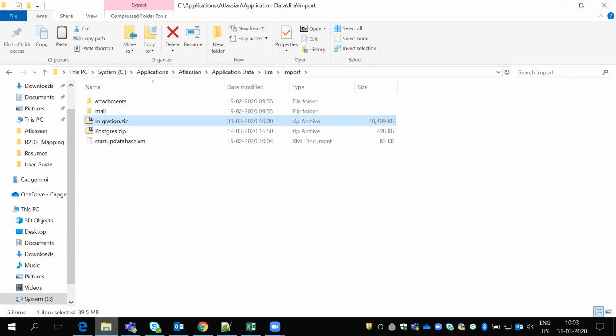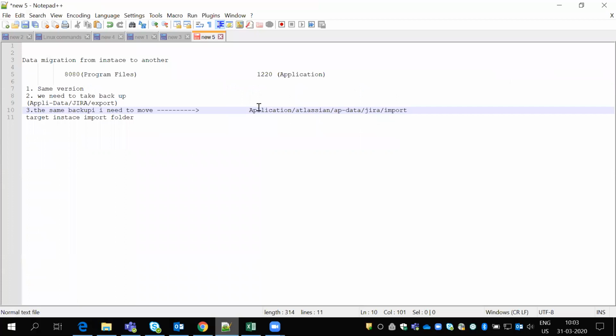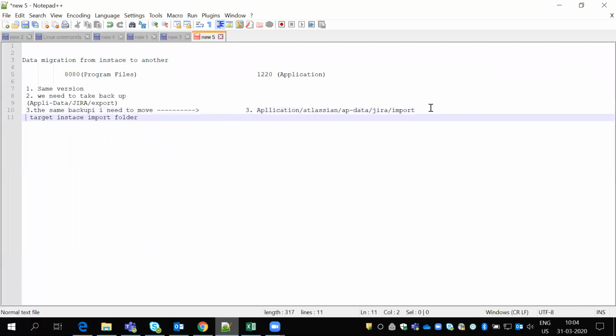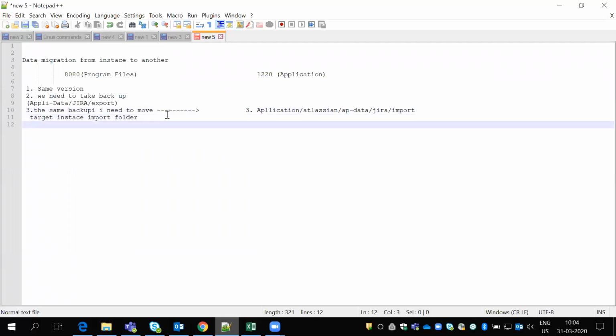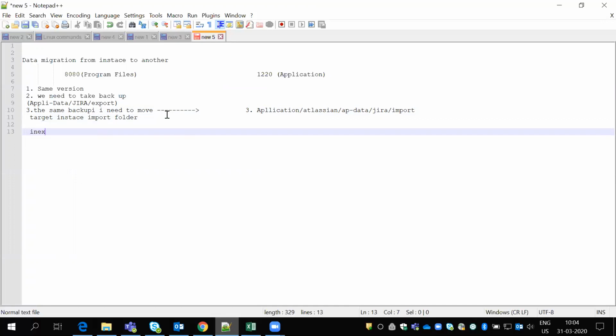Okay, fine. But we already discussed one thing: in this export folder, only projects, project configurations and user management are stored.